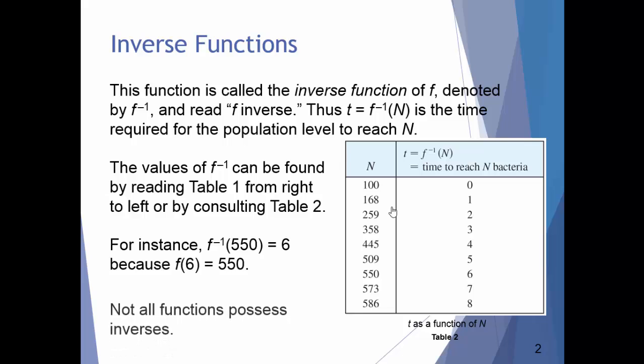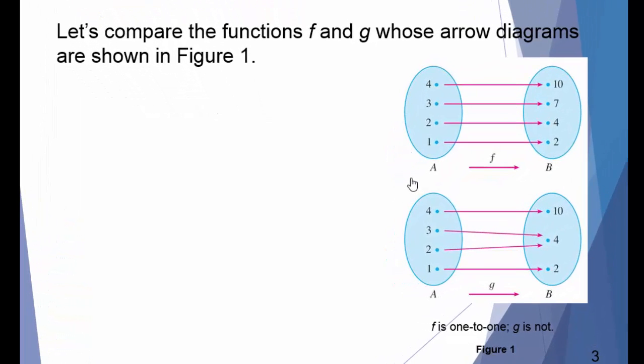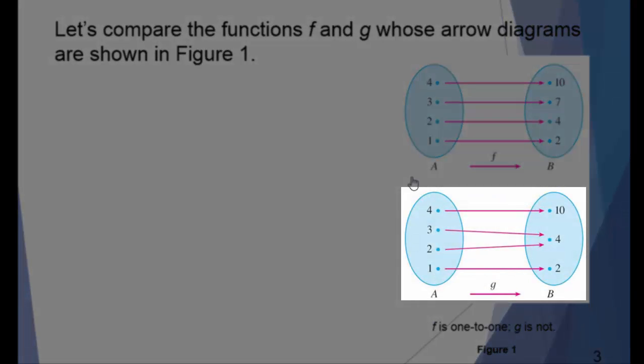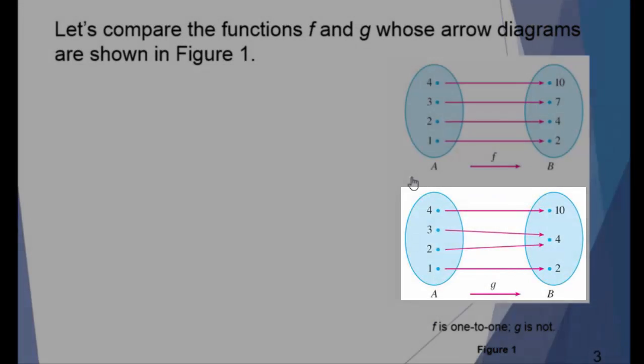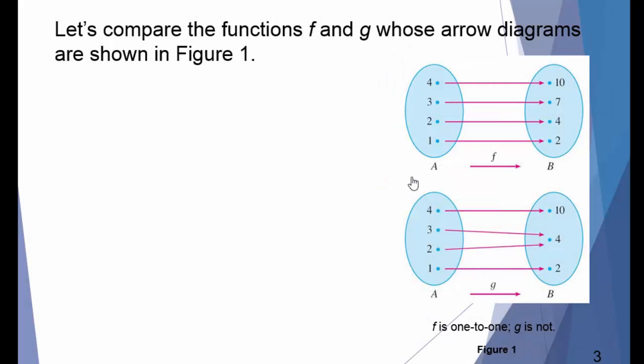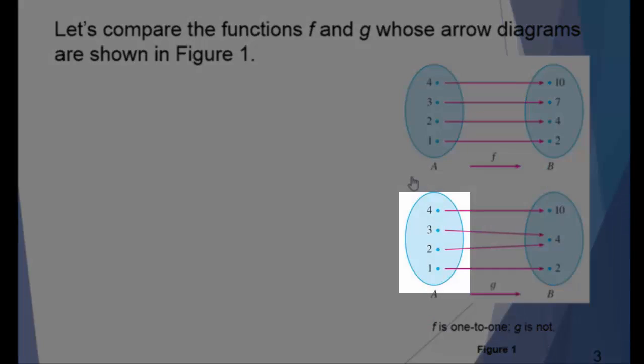Now the thing to keep in mind, though, is that not all functions possess inverses. So let's take a look at some other examples. Let's compare the functions f and g, whose arrow diagrams are shown. This one is your function f, and the bottom one is your function g. Just to reacquaint you with some of the vocabulary, these are called the domain of f, and these are called the range of f. Here is the domain of g, here is the